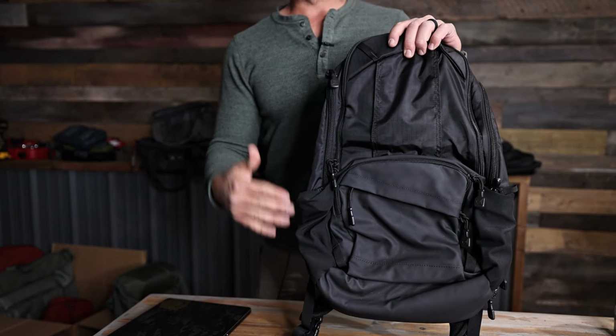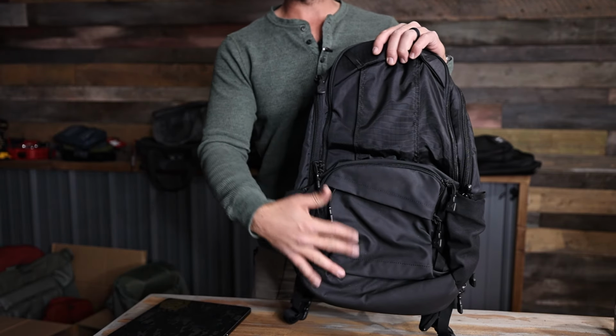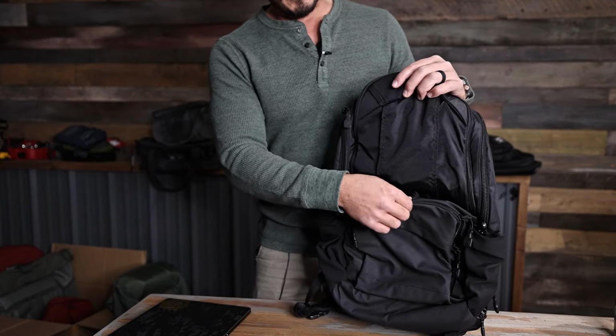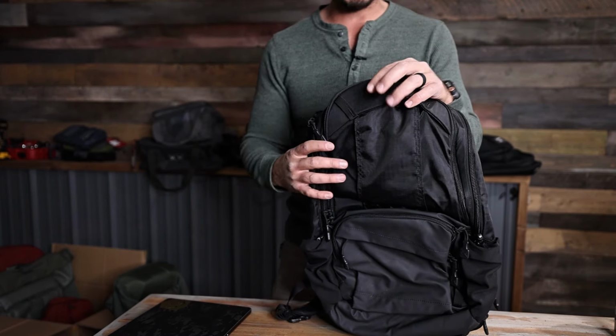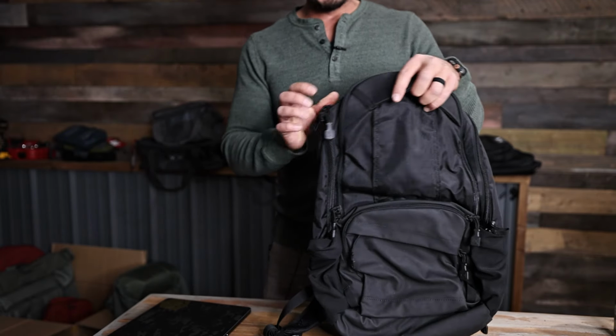All their bags are a little more covert now, a little more just blend in. No exterior Velcro or anything like that. This bag, pretty straightforward, has a couple little pockets here. Again, I'm not doing a big bag review for every bag, because there are so many bags and this video would be like 3 hours long. But